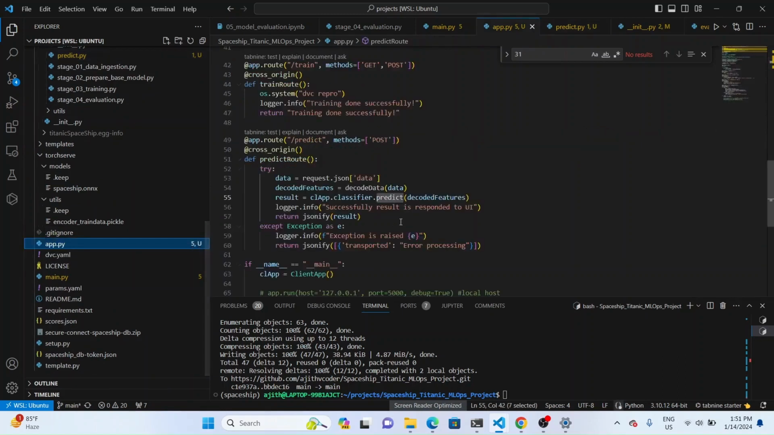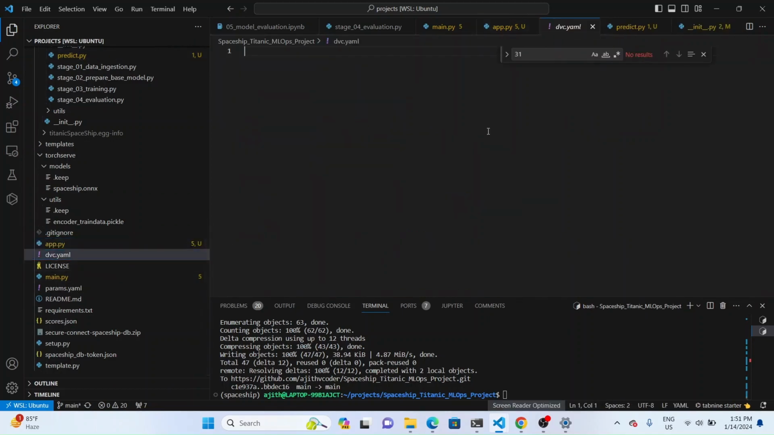Okay, so I will tell you now about DVC. DVC means data version control. In data version control, it helps us manage things so that there is no need of doing repeated work. For example, in main.py,